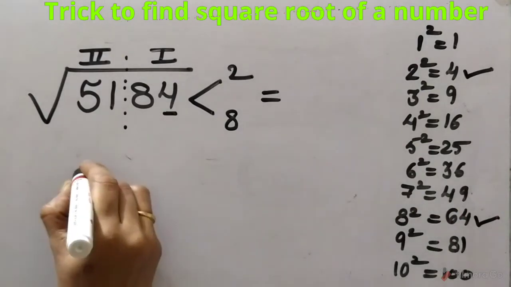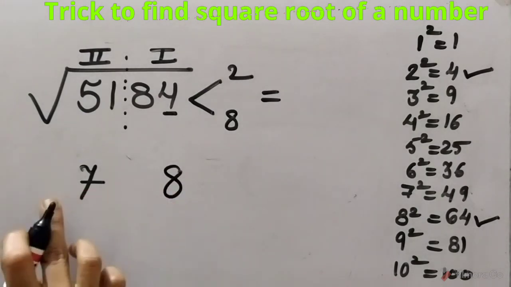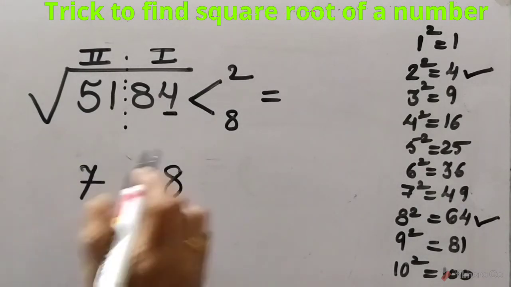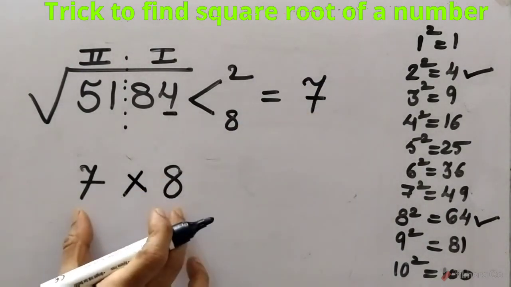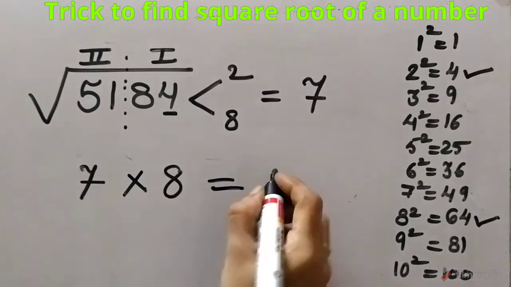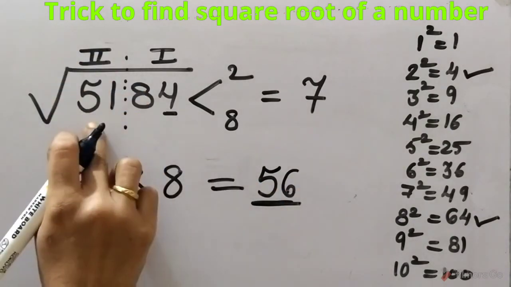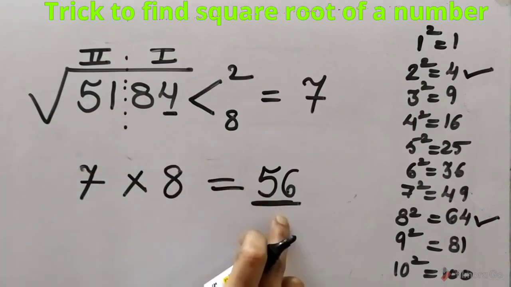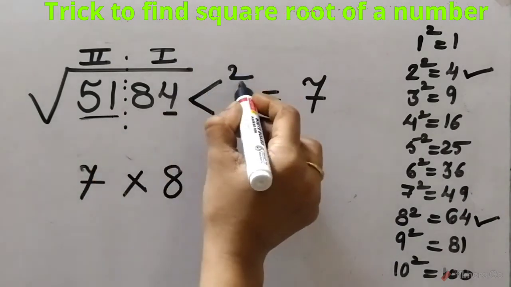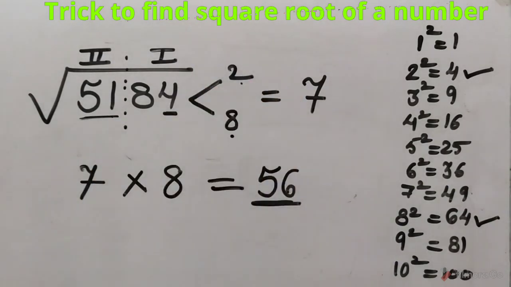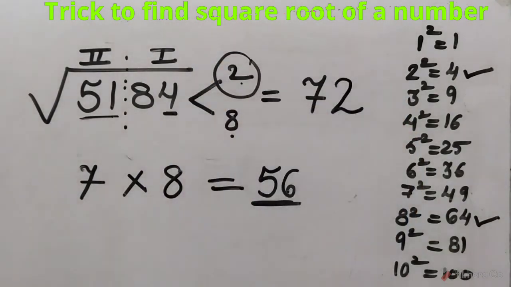But 49 is a square of 7 and 64 is a square of 8. So out of these two, you have to select the smaller number. Smaller number is 7 here. So that will be your first digit. Then you have to take down the product of these 7 and 8. 7 8s are 56, which you have to compare with the second group number. Second group number is 51, which is smaller than 56. As the second group number is smaller, out of these 2 and 8, you have to select the smaller number, and here the smaller number is 2. So that will be your second digit for the answer.